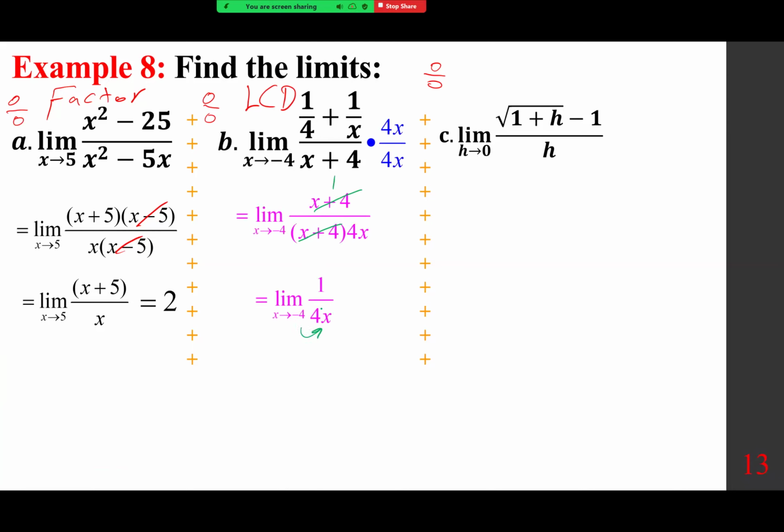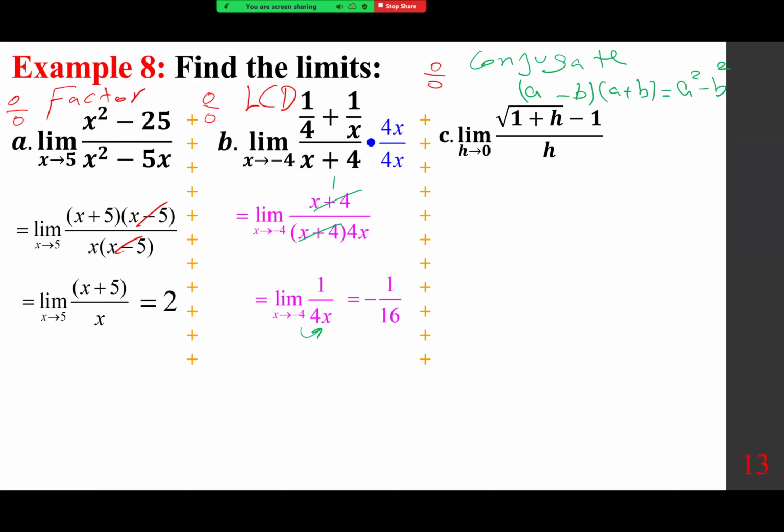And if you plug in, you get negative 1 over 16 as the final answer. Whenever you have a square root and the result is 0 over 0, you use the conjugate: a minus b times a plus b